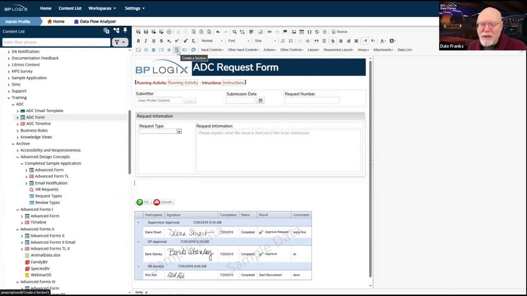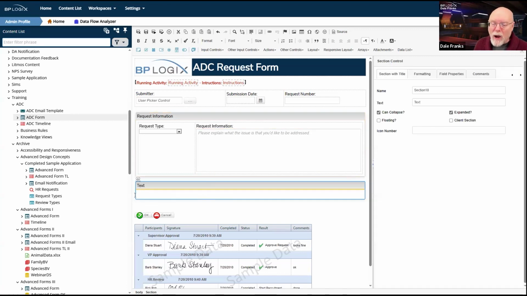I'm going to need a section control for what happens if I am requesting time off, one for a complaint, one for HR action, and one for a suggestion. It doesn't really matter in which order we place these, so I'm just going to put them in random order. I'm going to create a section that I'll just call section time off.